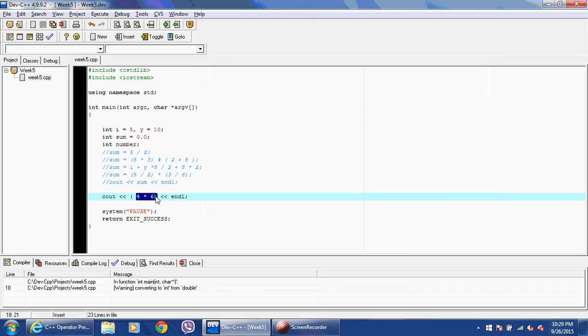You can put an expression with variables and literals. And again, the addition, subtraction, multiplication, division, and modulus operators are binary operators. This is the left operand, and this is the right operand. And right here, there's no L